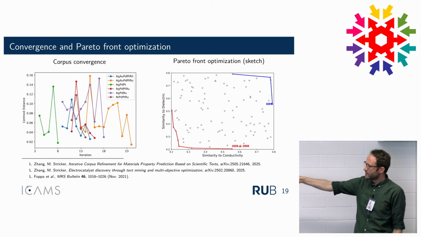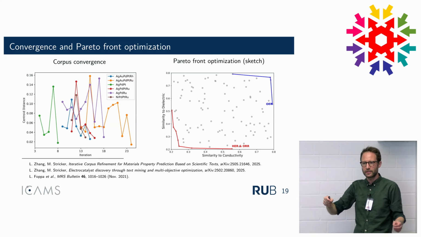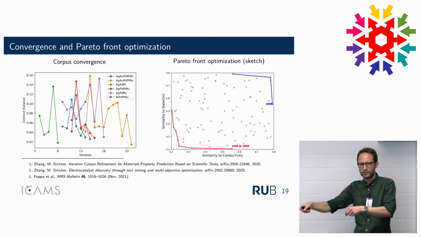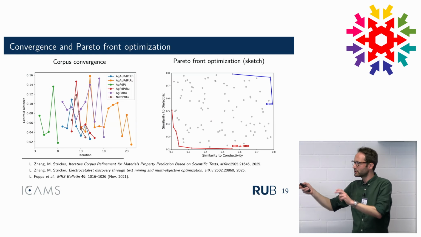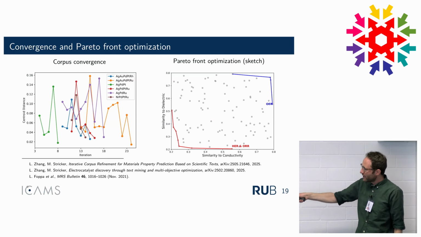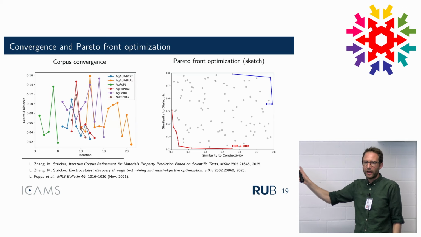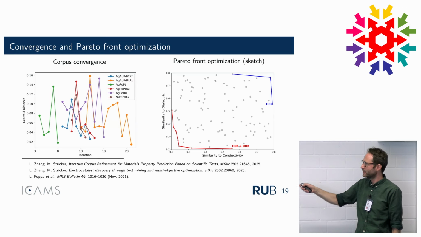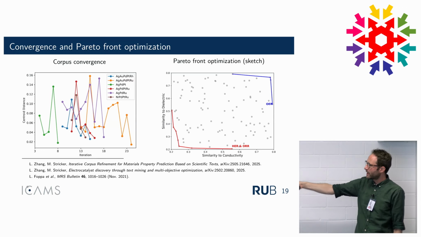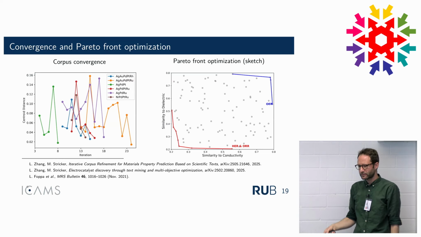And we do this specific for a material system. So each sample or each material system that you're exploring gets its own corpus. So it's a problem-specific corpus selection that is also converged, as we call it. And then we go into the space that is now converged, and I cannot explain to you why it works yet, but it works. We calculate each composition's similarity to dielectric and to conductivity,